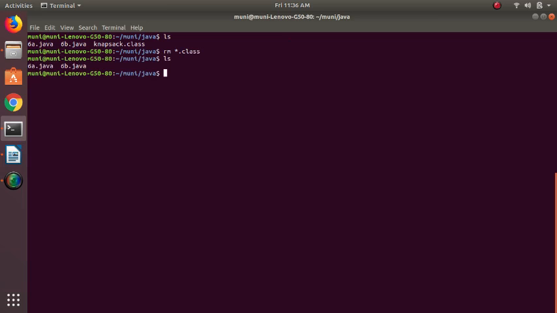Now if we list, only the two Java files are there. I will compile the second program, 6B dot java. There are no errors. Now let us check which class file to use, napg. So I will use java napg without the extension.